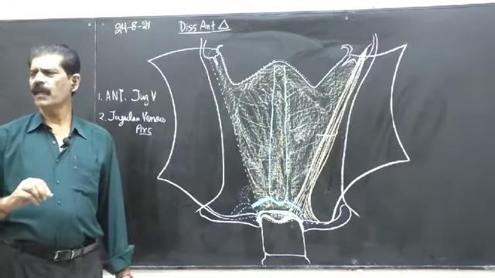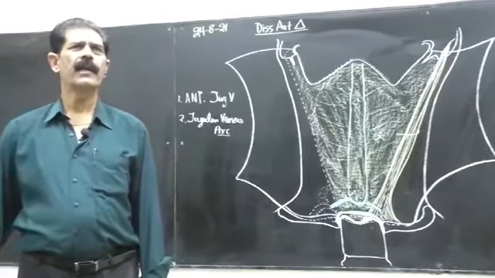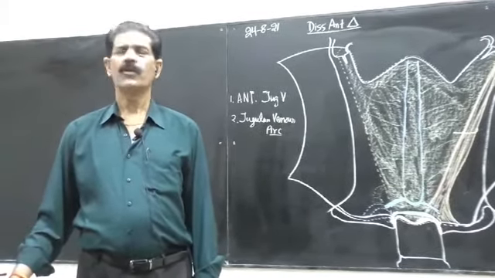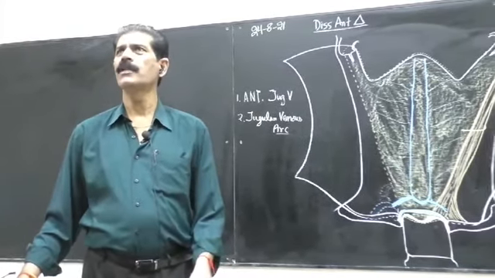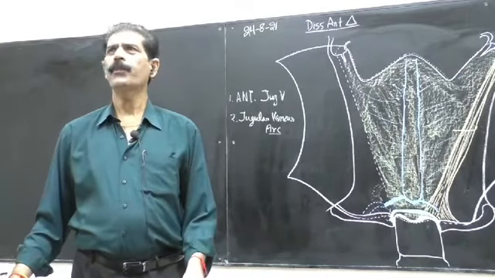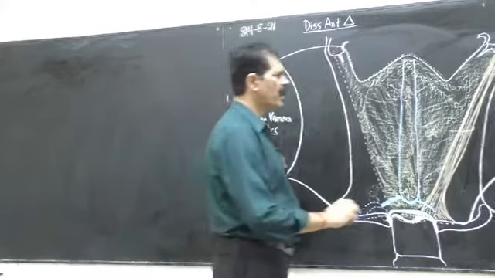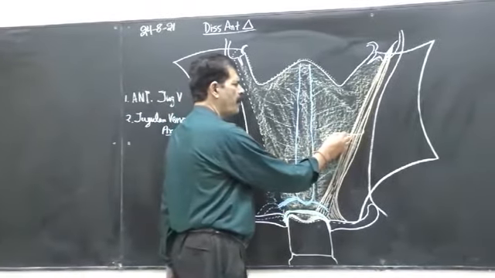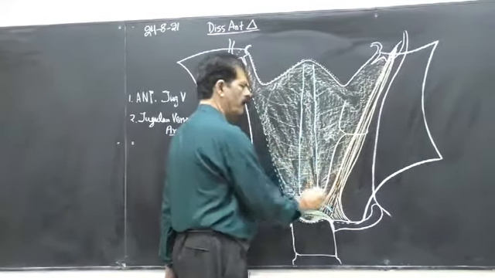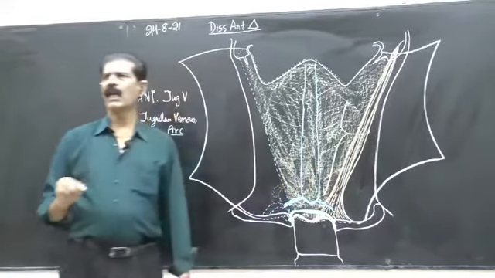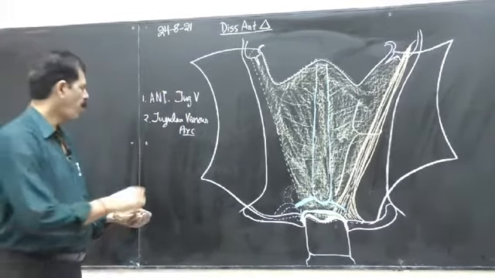Which is the name of this nerve? This is the transverse cutaneous nerve of the neck that we have done in the posterior triangle. It runs horizontally and enters from the posterior triangle to the anterior triangle. See the fate of this nerve. When it enters the anterior triangle, it divides into two branches, ascending and descending branch. That is the transverse cutaneous nerve of the neck.